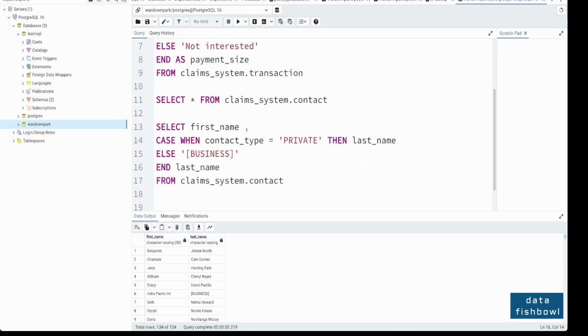So in this example, what we're doing, we're saying select first name, and then based upon whether the contact type is private or not, produce the last name value. If it's not a private contact, just print business in that column. And we're calling the column last name. We can call it anything we want. We could say surname if we wanted to, or second name, right? And if we run that,